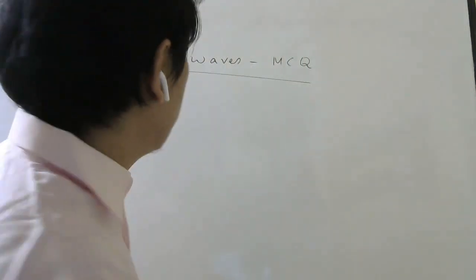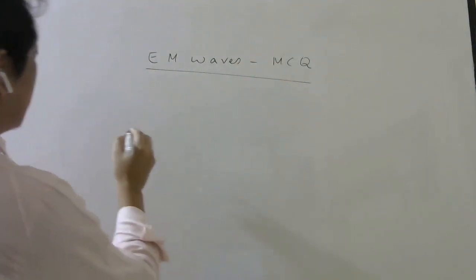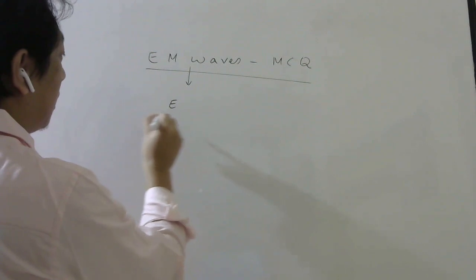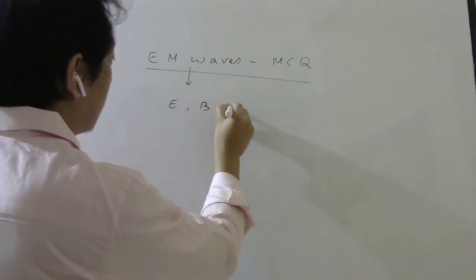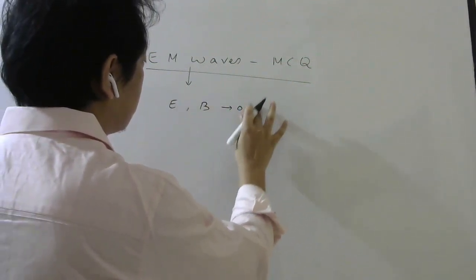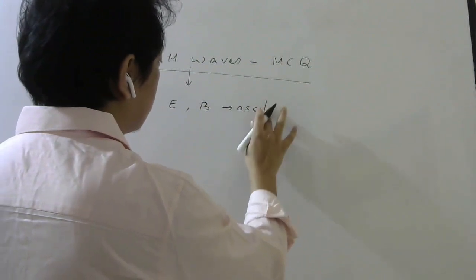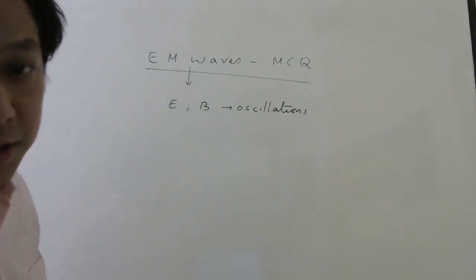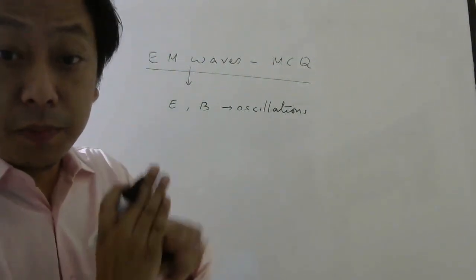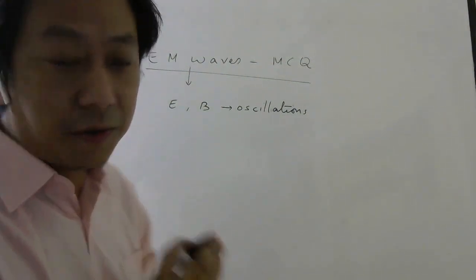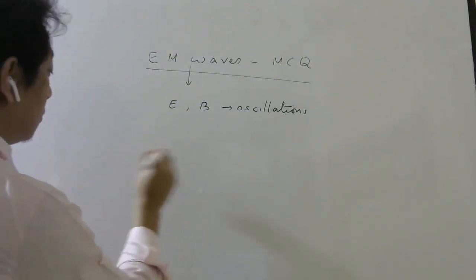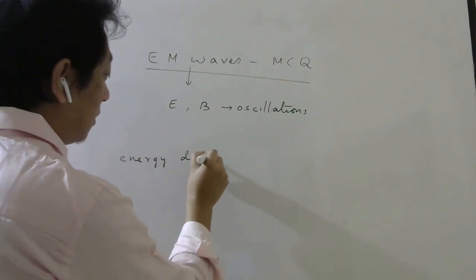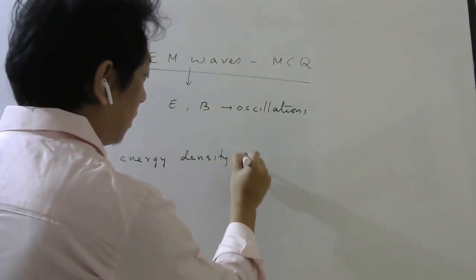Okay, so I told you that in an electromagnetic wave there are oscillations of electric field and magnetic field, perpendicular to each other. Yes or no? Okay, then if you want to know the energy density of EM wave,